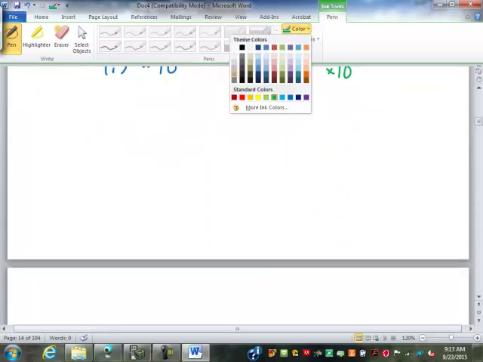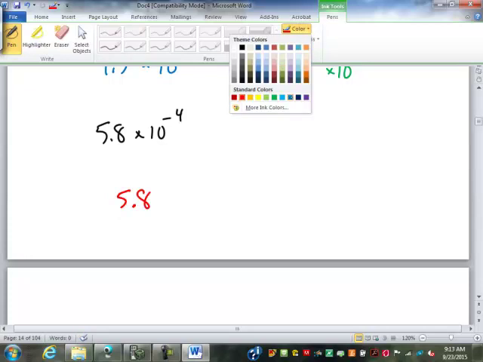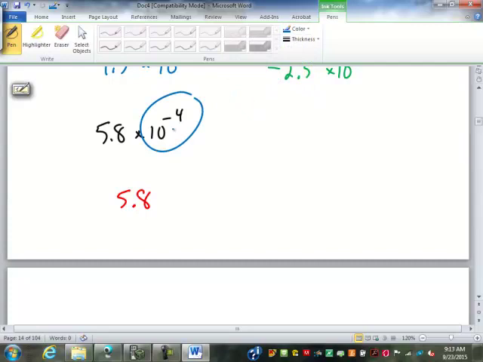So, last thing we need to do is going the other direction. If I want to convert that from scientific notation back into standard notation, first of all, is this going to be a small or a large number? It's 10 to the negative 4, so it's going to be small. The 4 tells me the decimal point has to go 4 spots. But since it's going to be a small number, I have to make it smaller. So I have to move the decimal point in this direction. So that's 1 spot. To move 2 spots, I have to add a 0. So there's 2. Add another 0. 3. Add another 0. 4. So this is